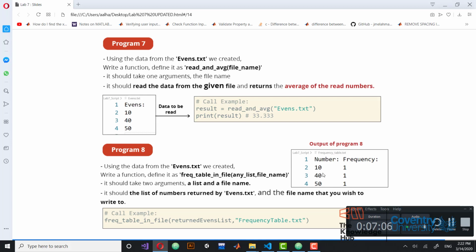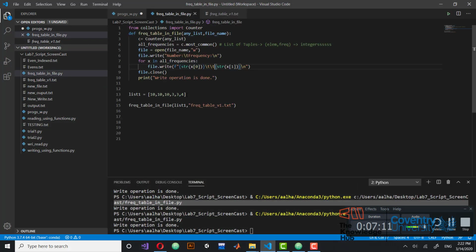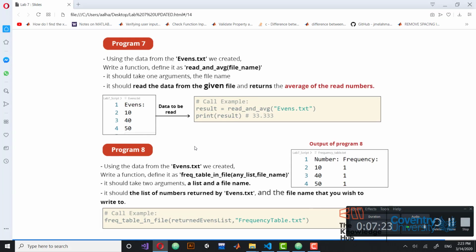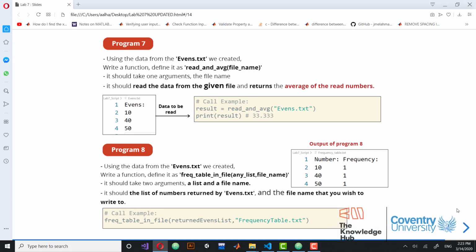It's working here on 10, 40, and 50, which was actually inside the events.txt, but now we are working on another, different external list. Now this is exactly what the frequency table function should do. The only thing that is different is that we are not actually abiding by the rules, meaning that this question is asking you to create a frequency table that reads from the events, and the list that you have read from the events, which is basically this 10, 40, and 50, should be the one that you pass,